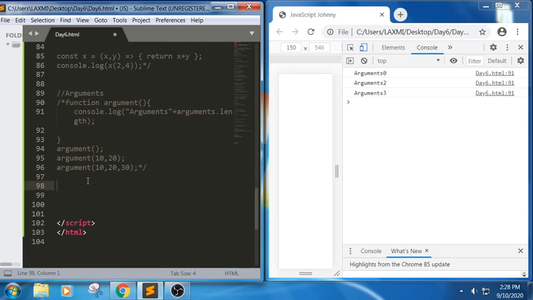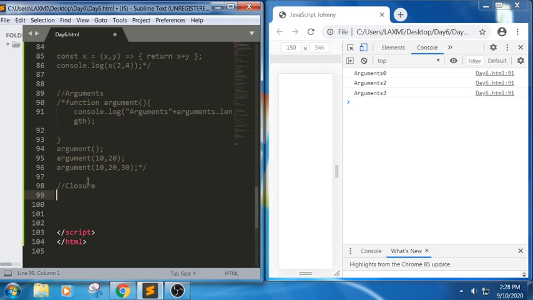Now the last thing we will discuss is a closure. What is the use of a closure? In functions, for example, we have a nested function, a function inside a function, and we call the inner function.